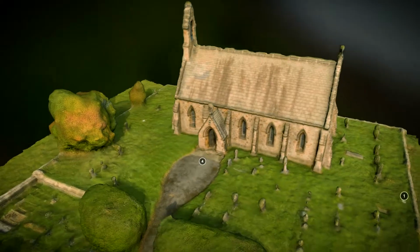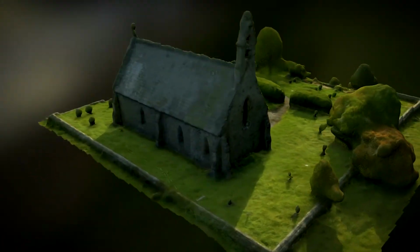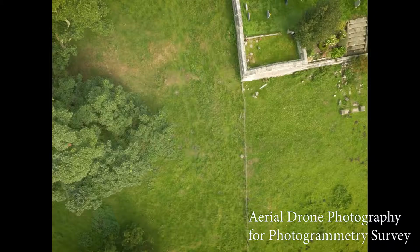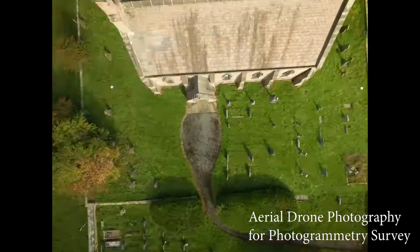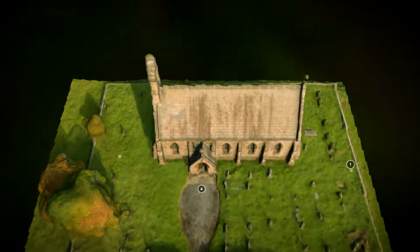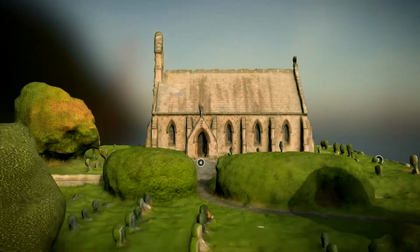It is important to do all we can to preserve these historical buildings. In October 2018, a survey was undertaken of the buildings and its grounds using photogrammetry, the process of using overlapping terrestrial and aerial photographs to produce an interactive 3D model. These models can be used in education, virtual reality and interactive environments. The models also reveal details that can be helpful for preservation, for example the state of the roof and other